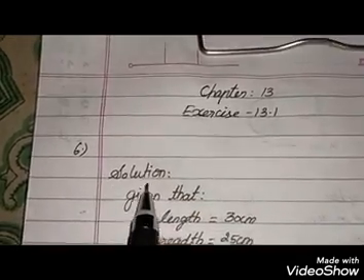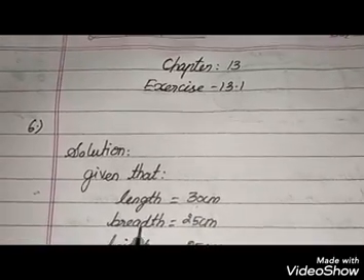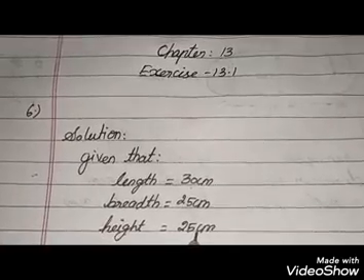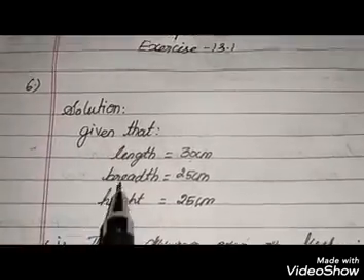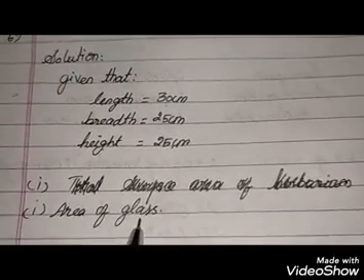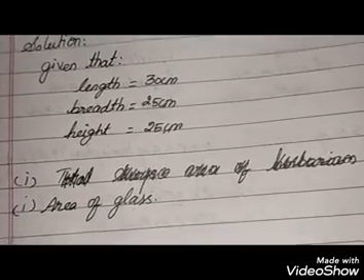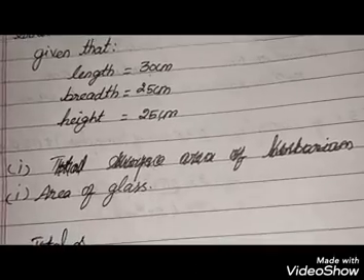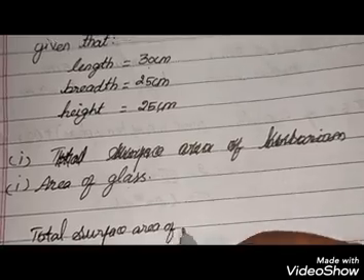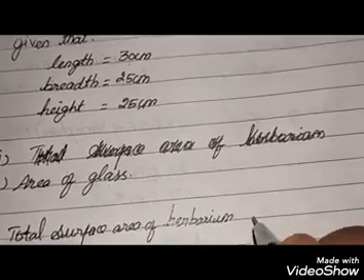In the solution, the given values we have already discussed. Length is equal to 30 cm, breadth is equal to 25 cm, height is equal to 25 cm. Here breadth and height are both equal but length is different, so that's why I say this is cuboidal. For the area of glass, the cuboidal box is covered with glass including the base also, so we have to take 6 faces. So the total surface area of the herbarium, which is a cuboidal structure,